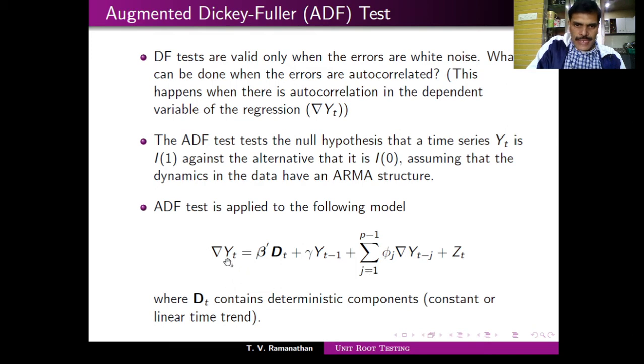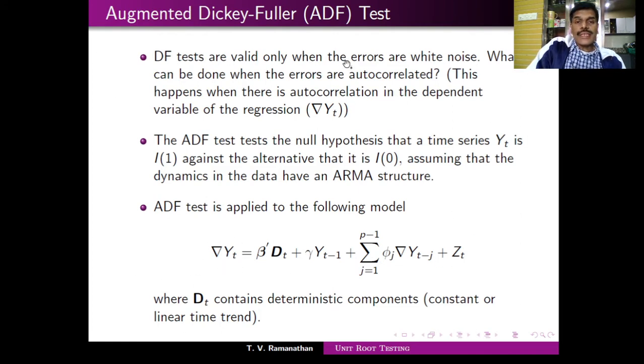So what you have is delta yt equals gamma times yt minus 1 plus zt. Now, what happens if after one differencing itself some serial correlation is left out here? This will not work. Another thing is that there is some variation in zt in terms of its variance. We are trying to address these issues in this particular test. Of course, variance is not addressed here. Here we basically address the serial correlation.